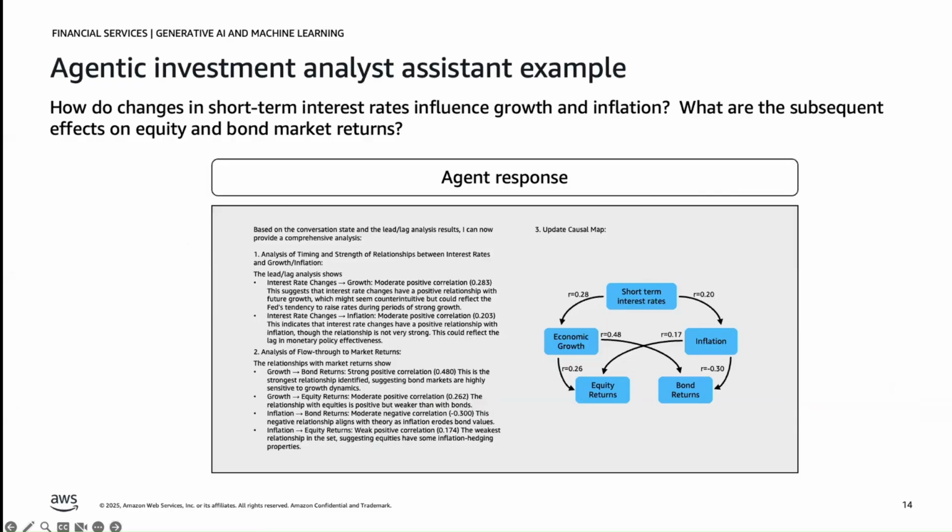And then the agent went as far as calculating correlation ratios or coefficients for each of the, I would say, subdimensions or metrics that we're asking about, and then formulating a well-articulated answer back to the user. On the right-hand side, you see a visual representation of this causal map with all the numbers and metrics that were calculated on the fly. And so I think it's a really good example of how far you can go. And I'm sure as the technology advances, we can go even further than that.